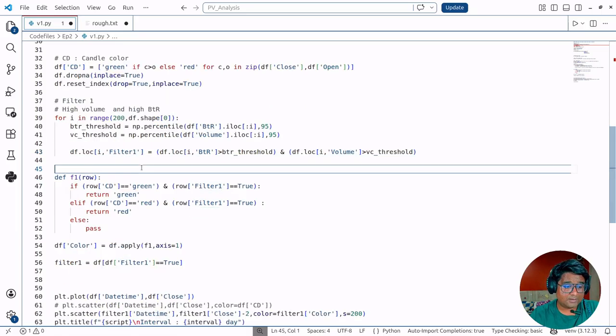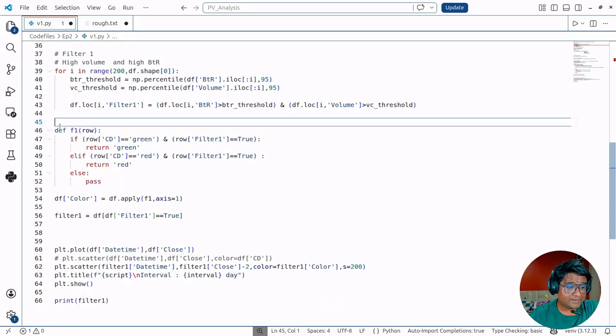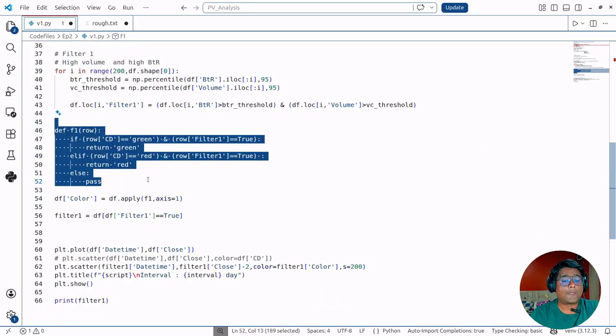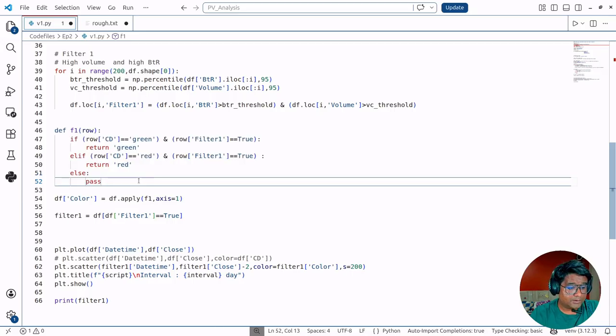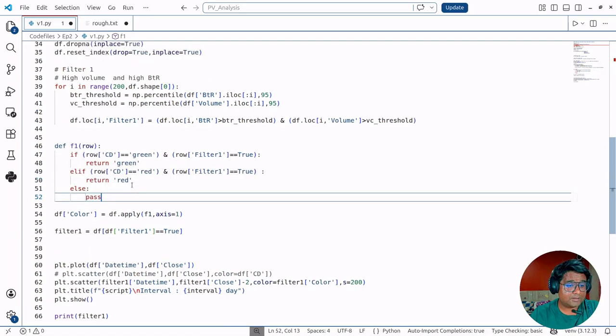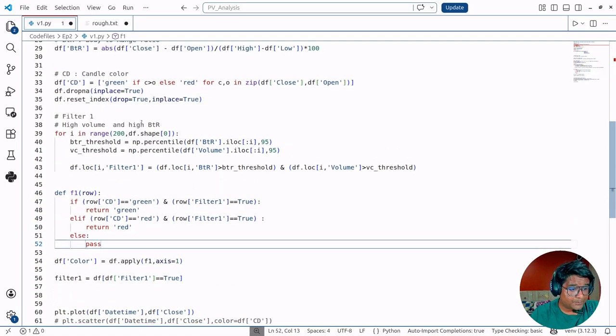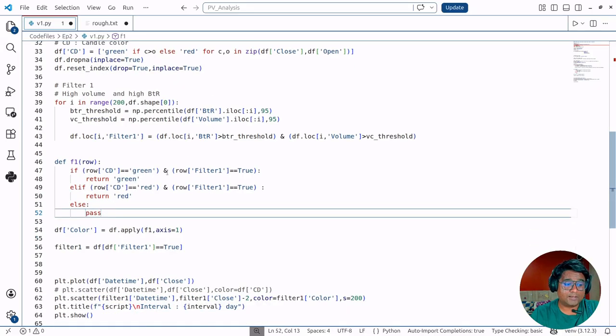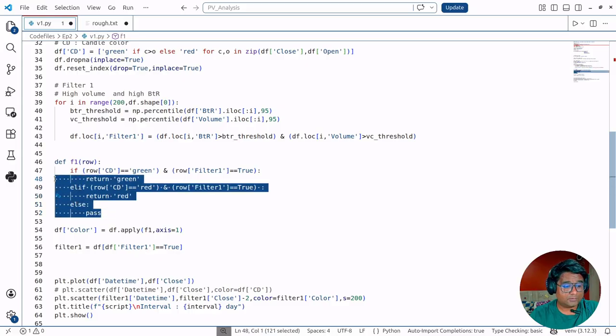If you are a trader or investor, just ignore these syntaxes. If you're a data analyst or data scientist, you will come to know. This right here ensures that yes, this is a candle, and let me tell you, candle color, just for the sake of